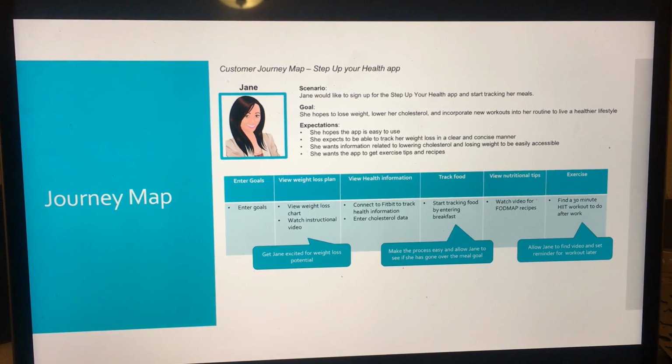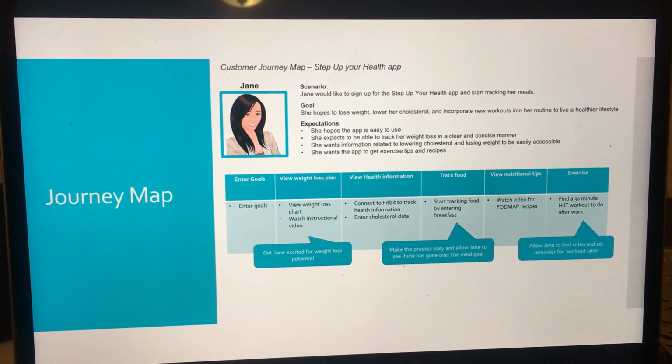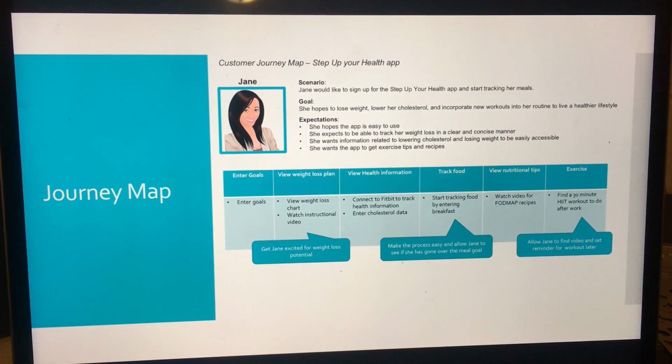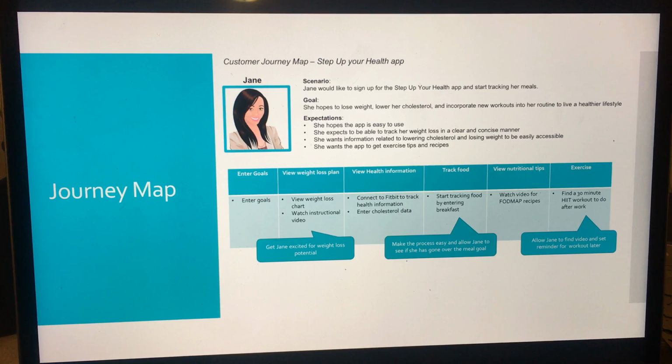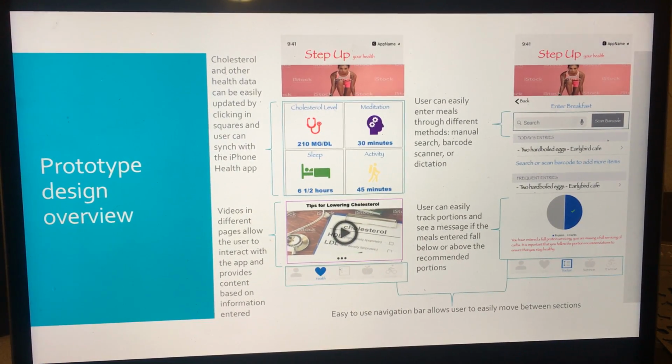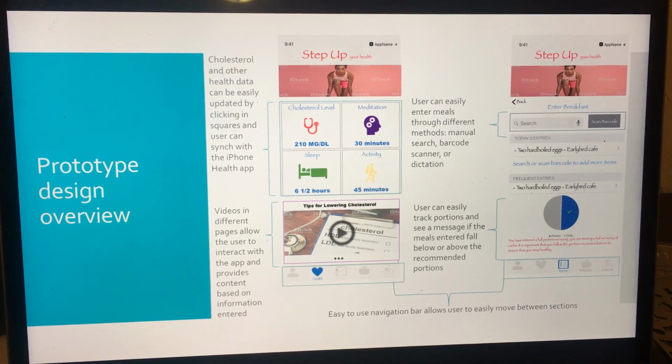And lastly, she can navigate to the exercise page to be able to find a 30-minute HIIT workout video to do after work. And we want to allow Jane to find the videos very easily and also to set reminders for workouts later. Going into the prototype design,